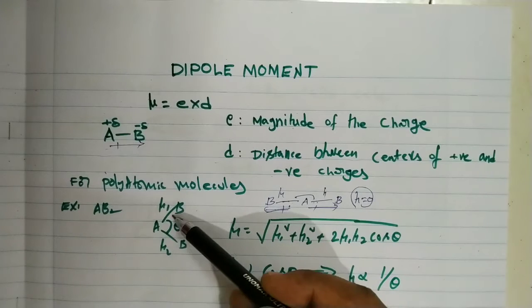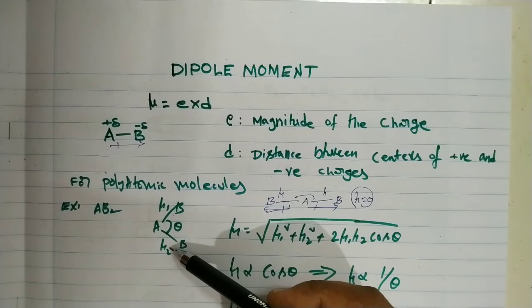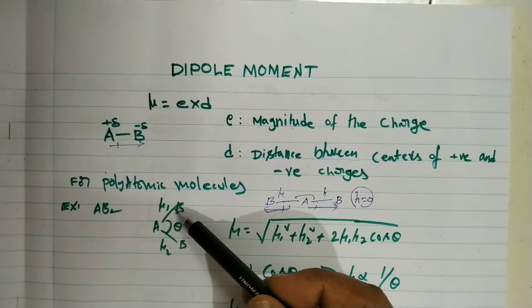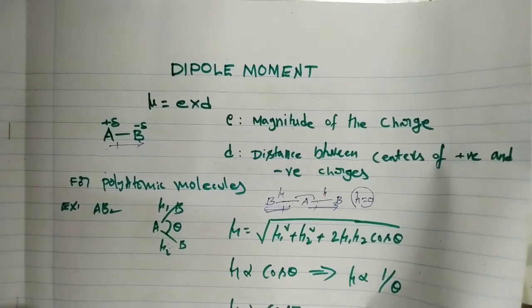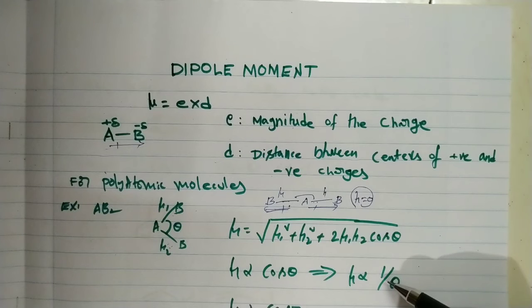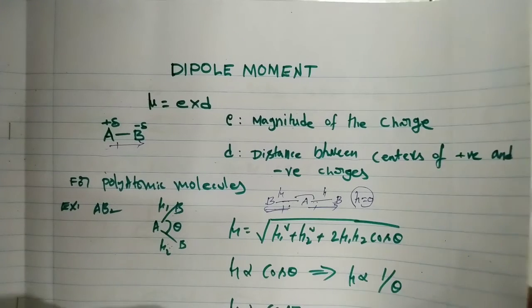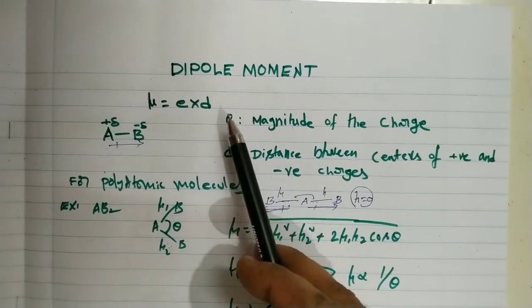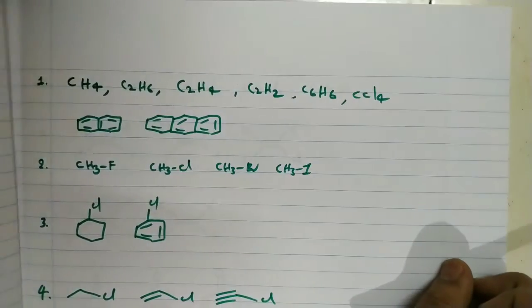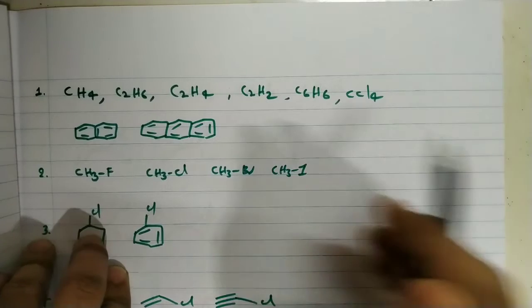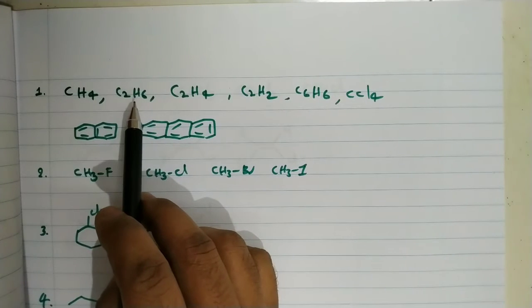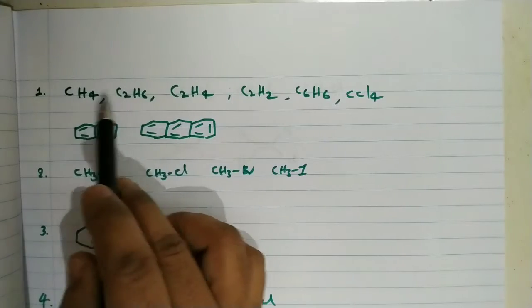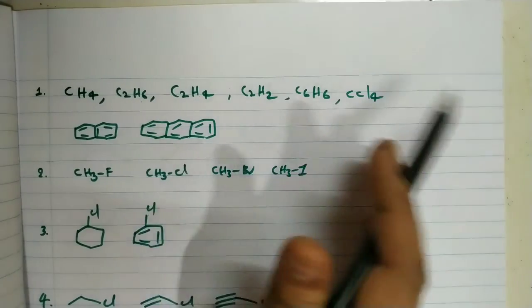For this other one, the resultant dipole moment is not equal to 0, because the two bonds are not exactly opposite. This is one of the important tools for deciding the dipole moment of specific molecules. Finally, it is a product of charge and distance. Here, the first example: if a molecule has a regular geometry, these are non-polar molecules: CH4, C2H6, ethylene,